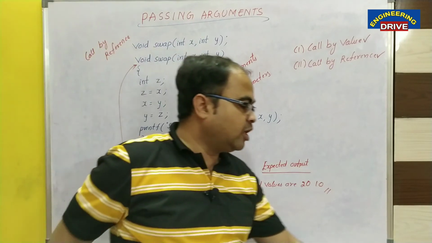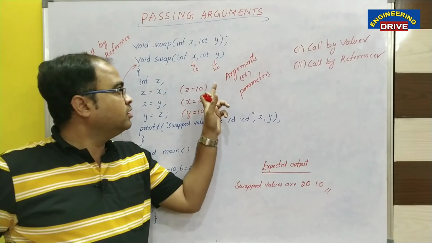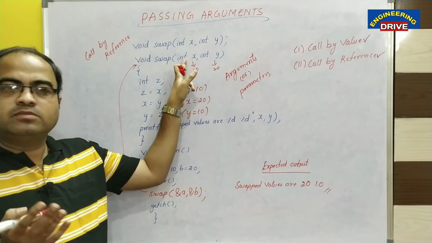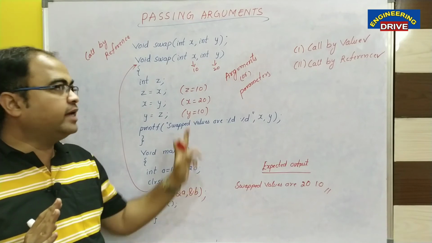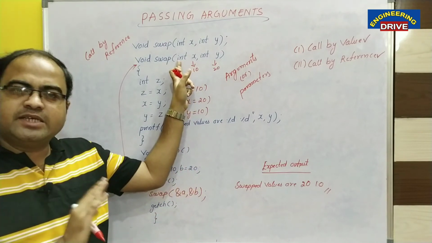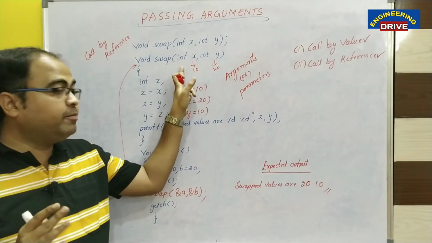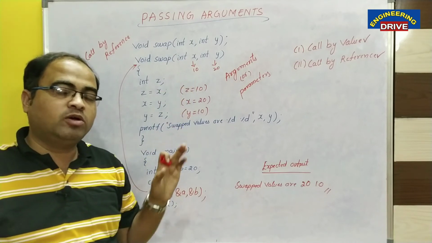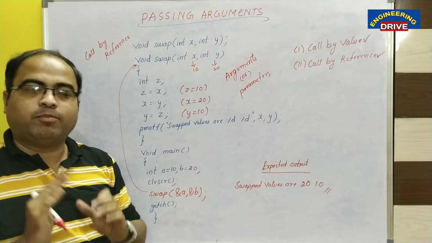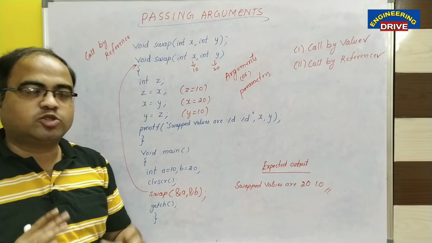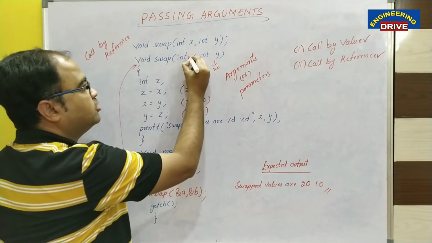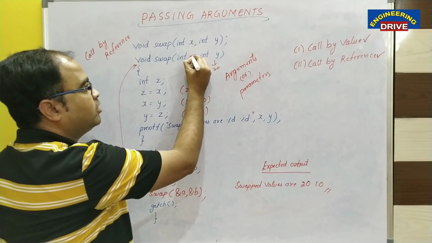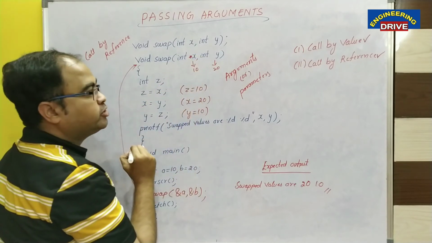Is it right? Now once it is passed to X, X is a normal variable. X cannot store the address. X can store only values because X is a normal variable. So what type of variables can store addresses? You know, pointers. A pointer is a variable that can store the address of another variable. So that's why I need to make these variables pointers. So how to declare the pointer variable? Just in front of the variable put a star mark.